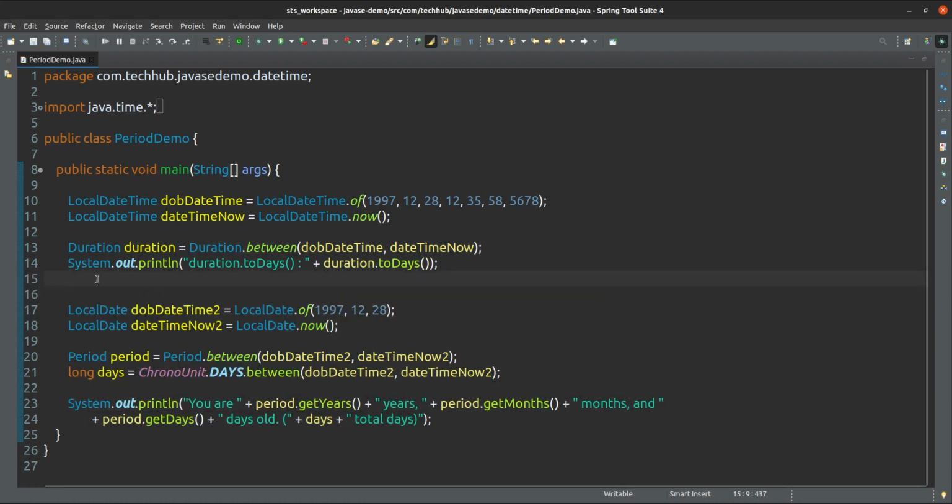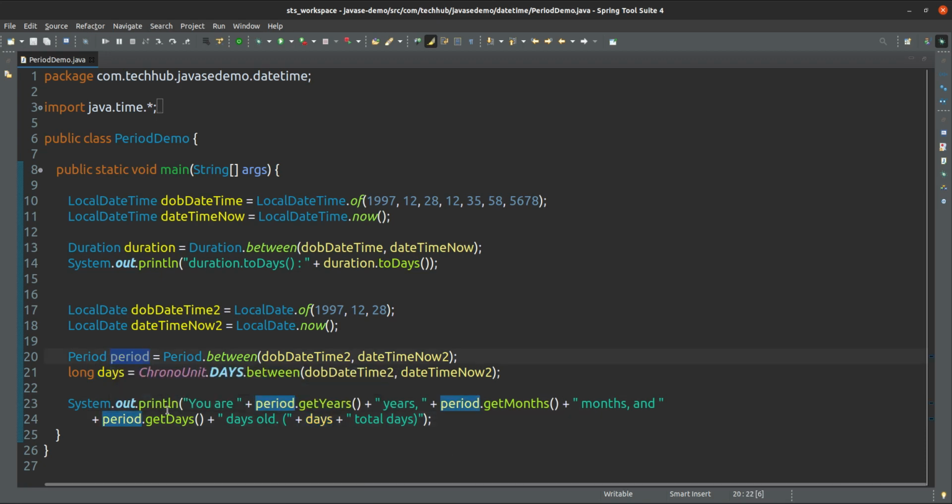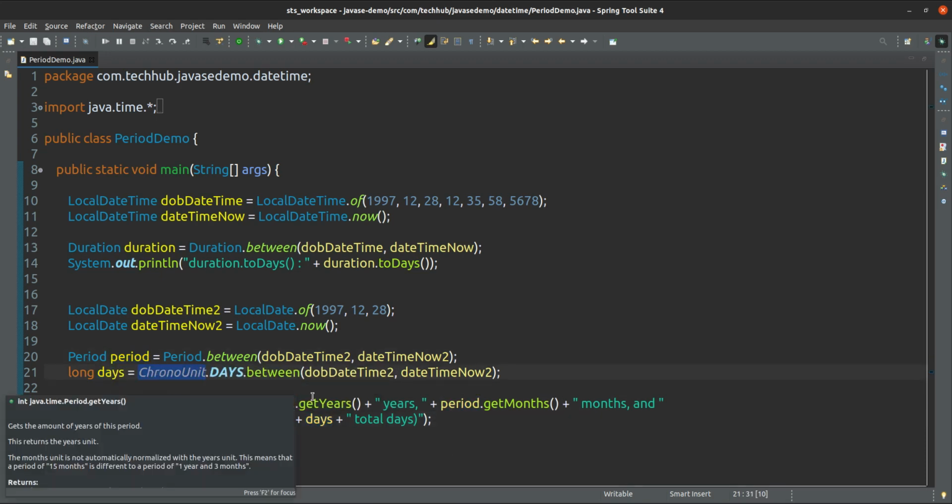But if we want to count the duration in years or in months, then we have to use period only, or otherwise we can use this chrono unit also.